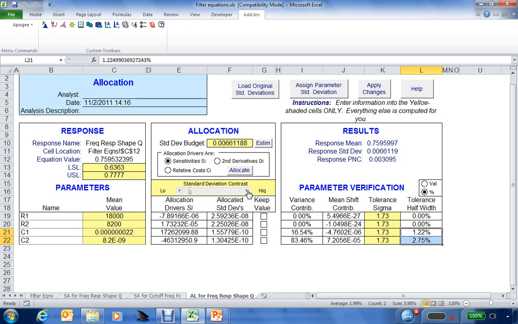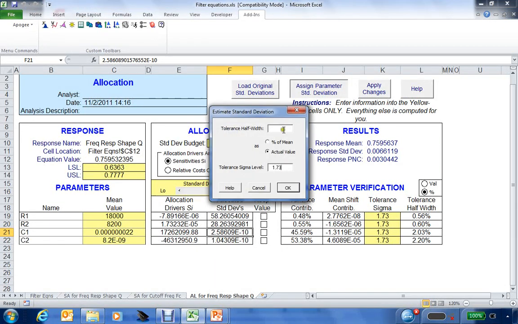So if we decided that there's a particular value of tolerances that we wanted to achieve, let me go find a region here where maybe we can find something we can work with. Maybe we decide that 2% tolerances is what we want for each of our capacitors. Well, I can go select a cell, let's say on one of the tolerance lines, and assign a standard deviation of 2%